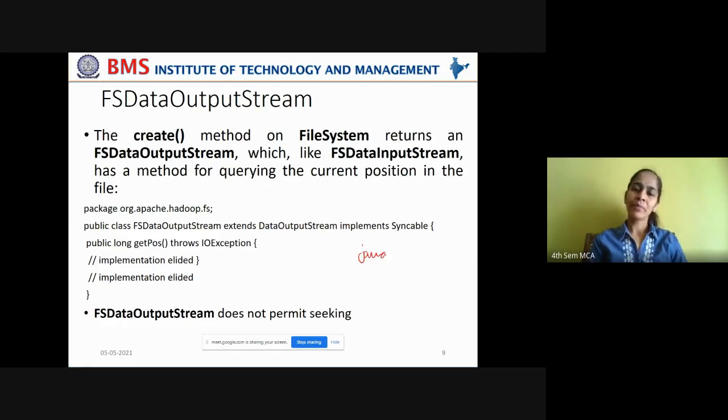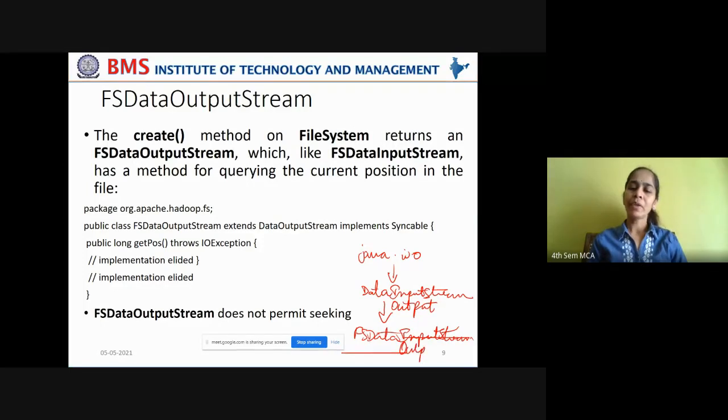The Java IO package has the class DataInputStream from which FSDataInputStream, file system data input stream, is derived, or it has another class DataOutputStream from which file system data output stream is derived.